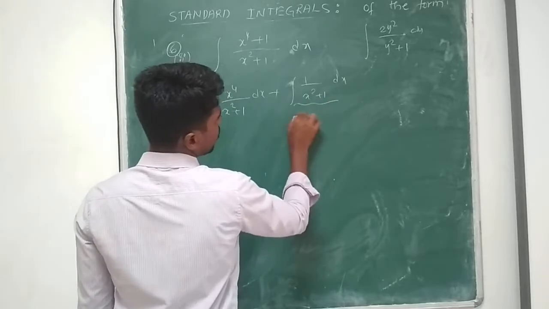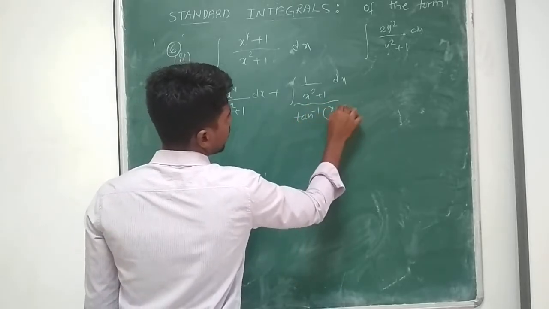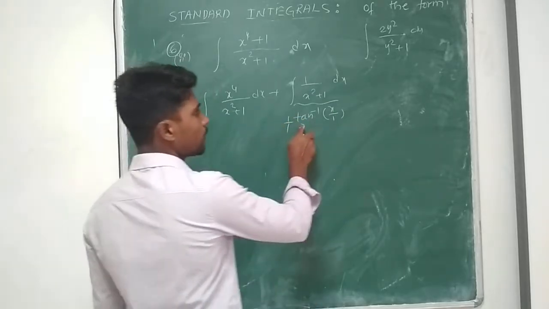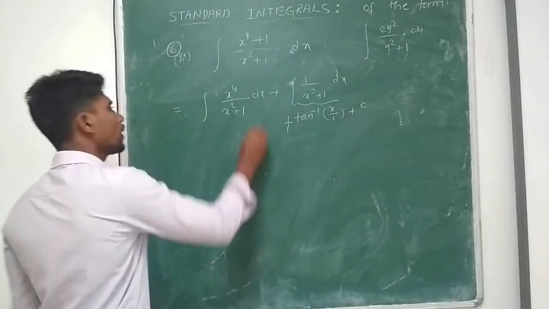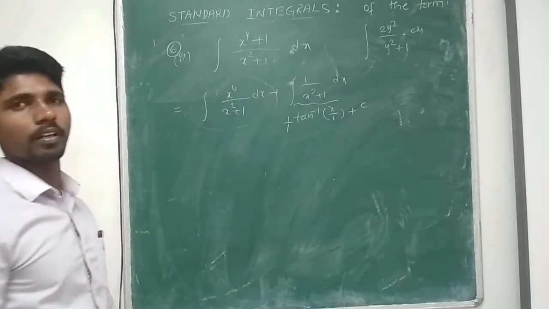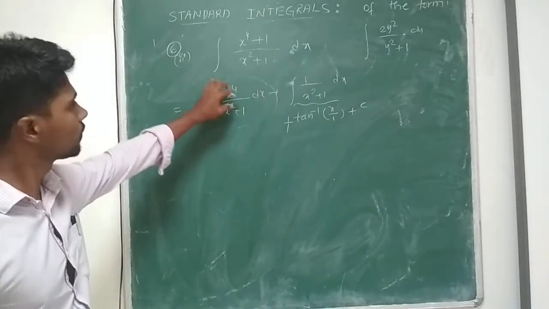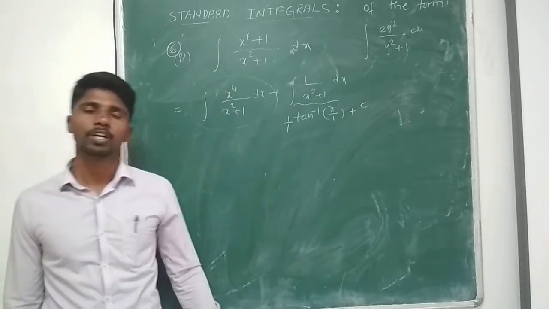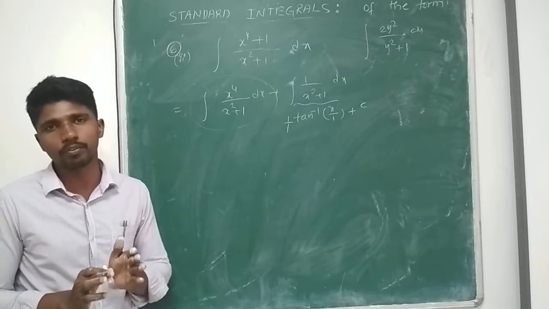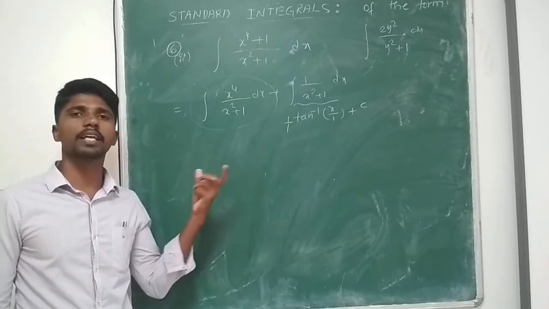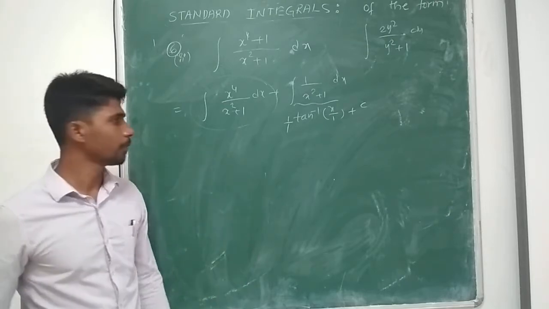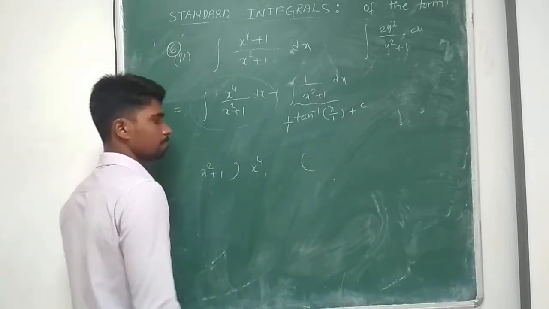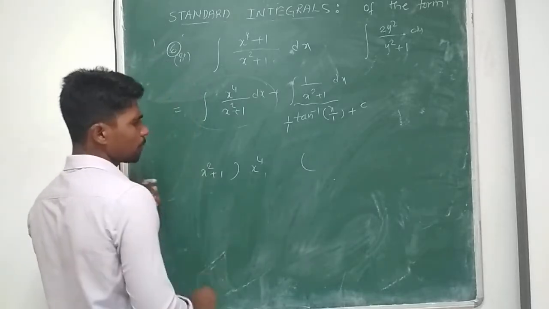The second one is equal to tan inverse of x by a, so I have to write 1 by a tan inverse of x by a. Here 1 by 1 is 1, that's why I didn't write it. So 1 by 1 into tan inverse of x by 1 plus a constant c. So what about the first one? The f of x degree is more than the g of x degree. If the f of x degree is more than the g of x degree, what did we suggest? We said take its division, later we simplify. So I have to divide x to the power of 4 by x square plus 1.